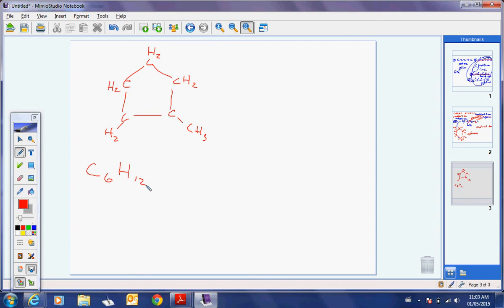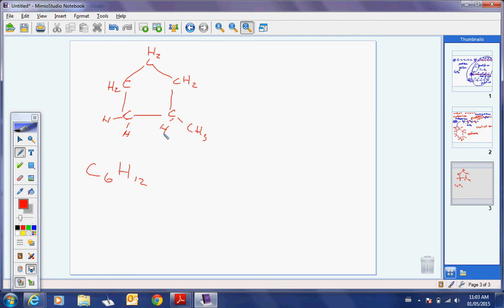Oh, no. I'll write it so that's more familiar for what you're used to. C, H, H. Is that what you wanted? On the bottom right. Oh, this one? Oh yeah, this one's missing an H2. Sorry. Okay, so C6H12, still an isomer, right? Different structural formula, same molecular formula, must be an isomer.